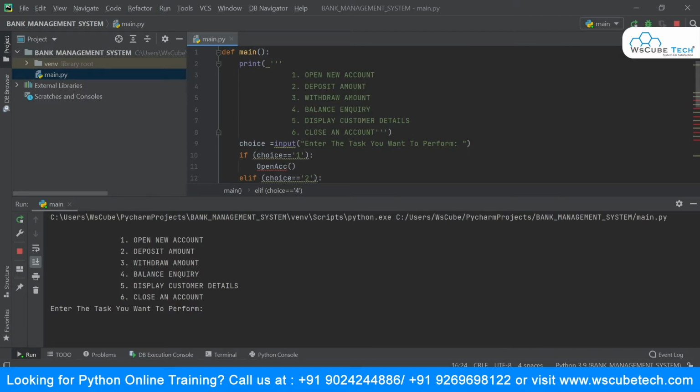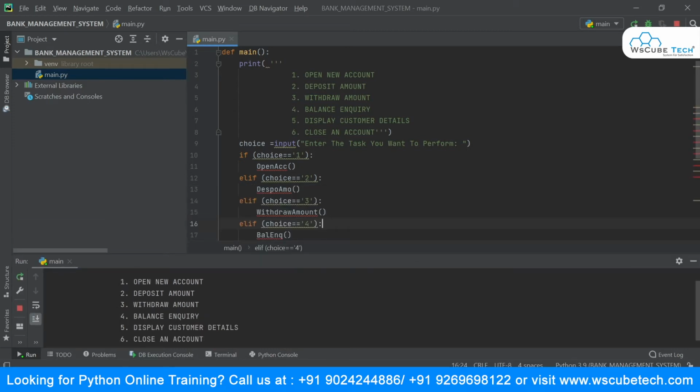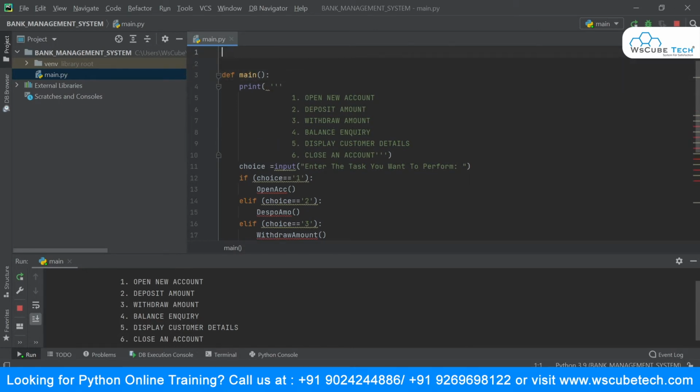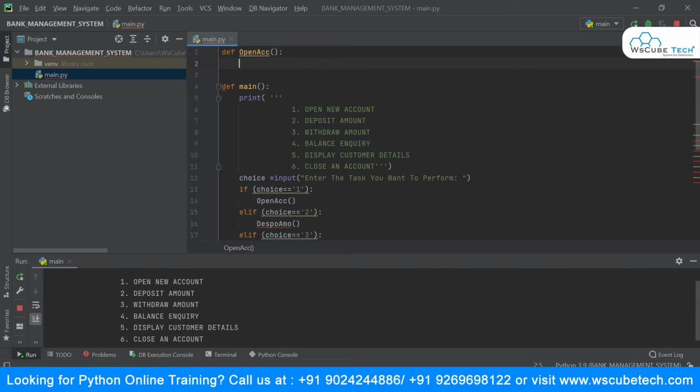Now we are going to write these methods one by one. So we will start with our first method, that is open account. I will just say def open account, and this would be my method for opening an account.